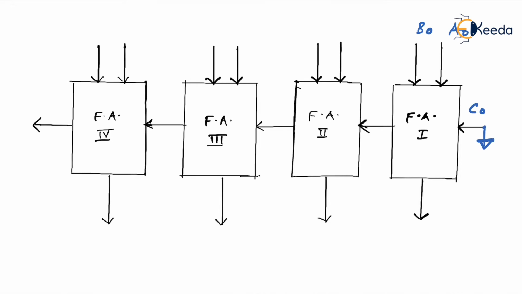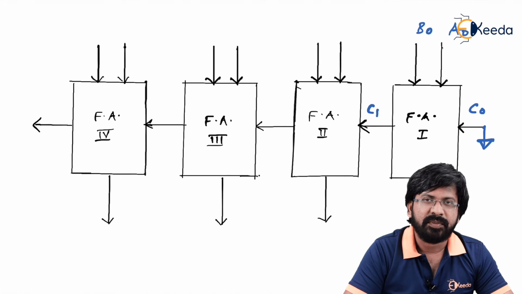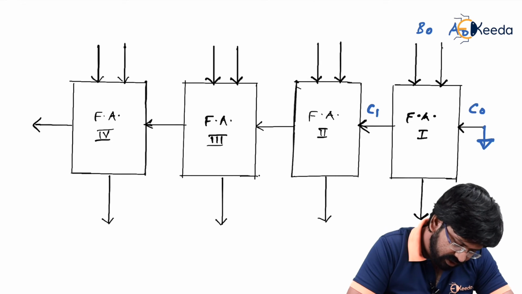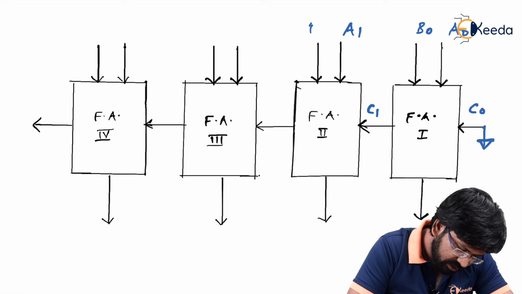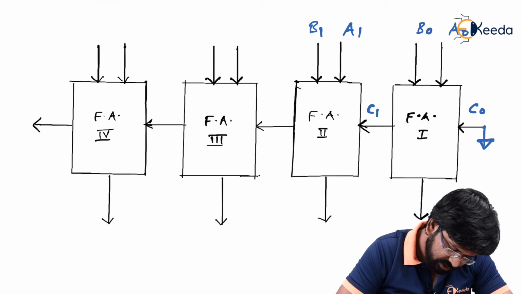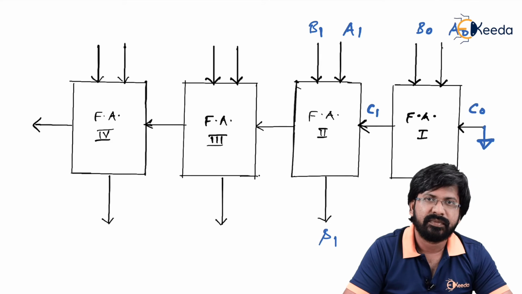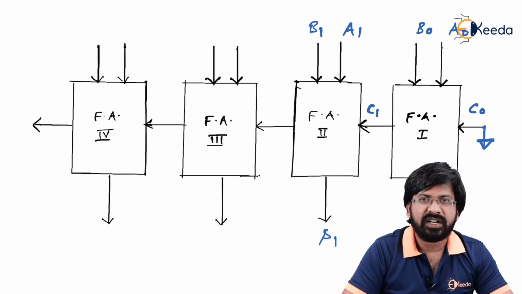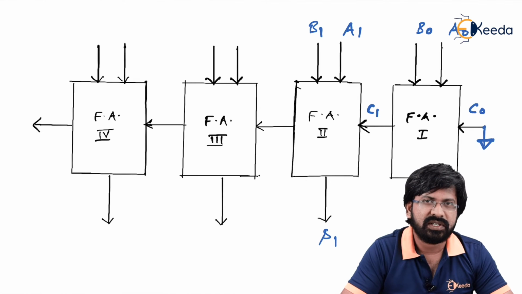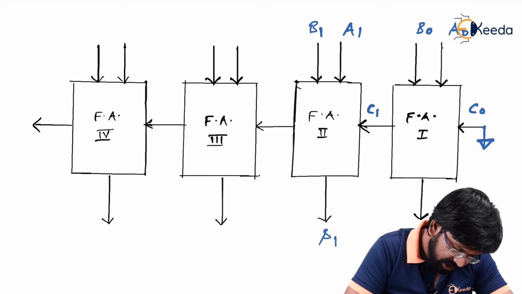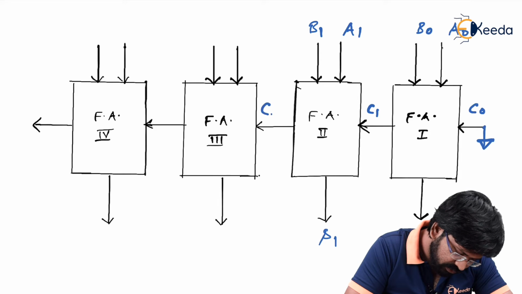I mean, this is the first stage where we are performing some addition. After addition, it will generate sum as S naught and carry as C1. Is that right? What was the next stage addition? If you remember, A1, B1 along with C1. Therefore, we provide input as A1, B1 along with C1 and then we get sum as S1. It doesn't only generate S1, it generates carry also, because every full adder has 2 outputs, sum and carry. So the carry generated by full adder number 2 will be C2.